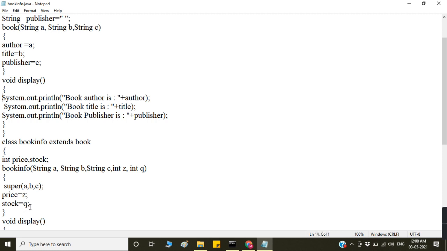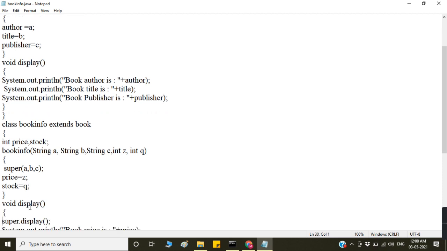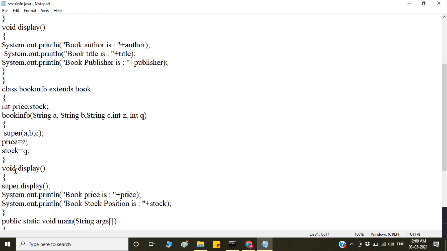And here the display method is there. It is overriding. This BookInfo also has a display method, and the superclass also has a display method. So how do we call the superclass display in this display? Using the super keyword. Super dot display means the superclass display method will be called.